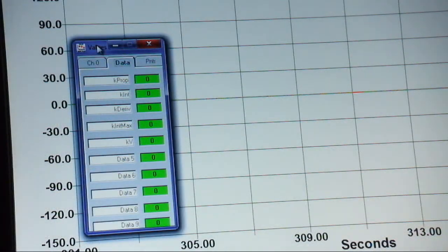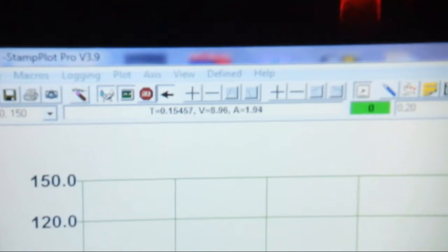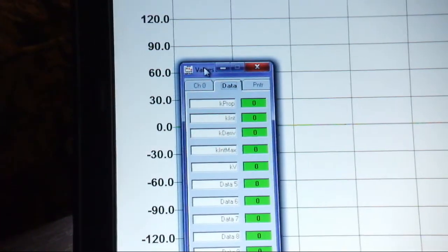This next segment is going to highlight some of the telemetry features. Until I get a ground station properly programmed, I'm using Selmaware's StampPlot Pro software. The developer version lets me just plot values that are coming down off the serial port. In the top section here you can see that we have the current, voltage, and timestamp that's coming off the telemetry. And then this green values panel